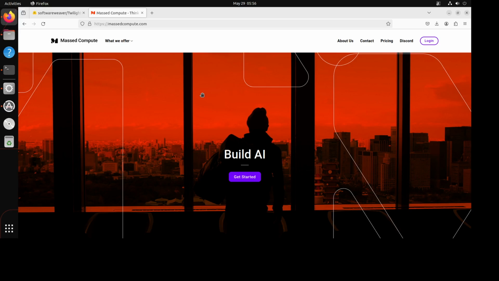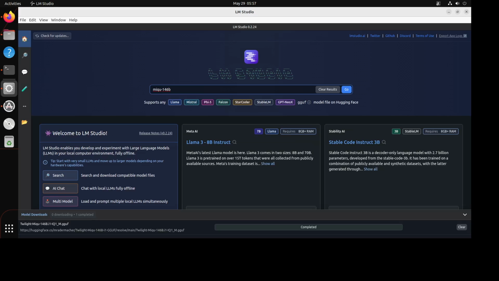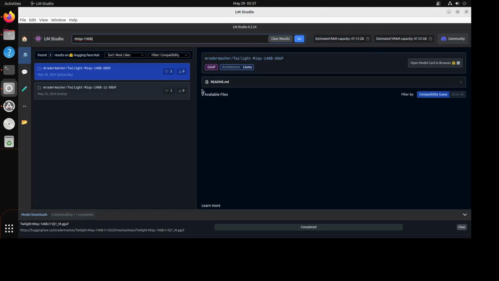Okay, so that said, let me launch my LM Studio, which I will be using to install and then run this model. As you can see on the screen, this is my LM Studio. Just launch it, and if you don't know how to use LM Studio and how to install it, I have done heaps of videos, so please search the channel. And then once you launch it, press enter, and you will see that a couple of quantized versions are already there.